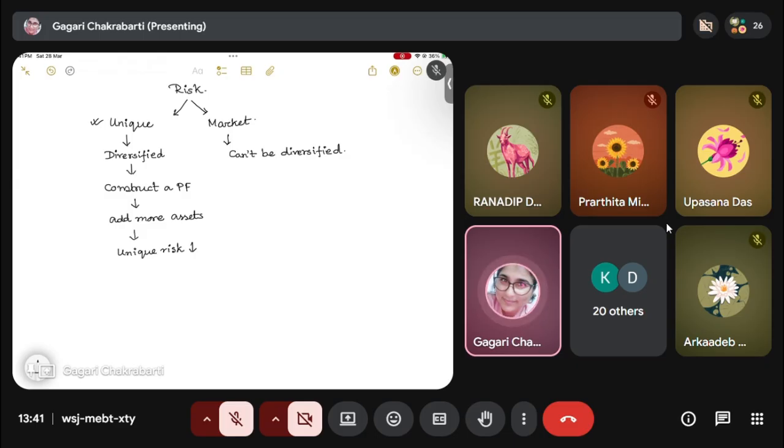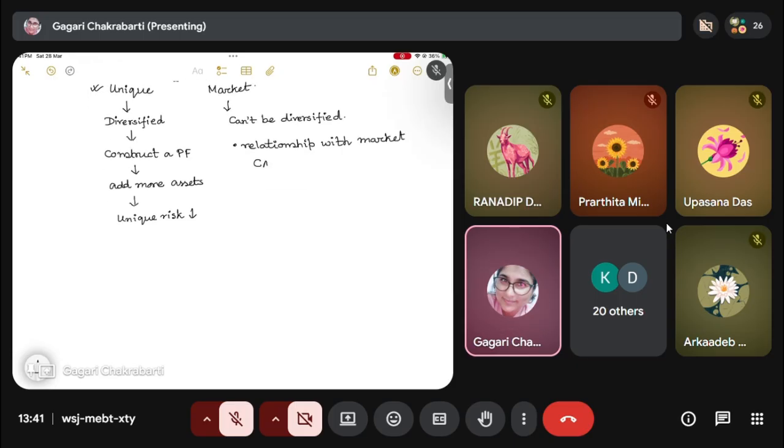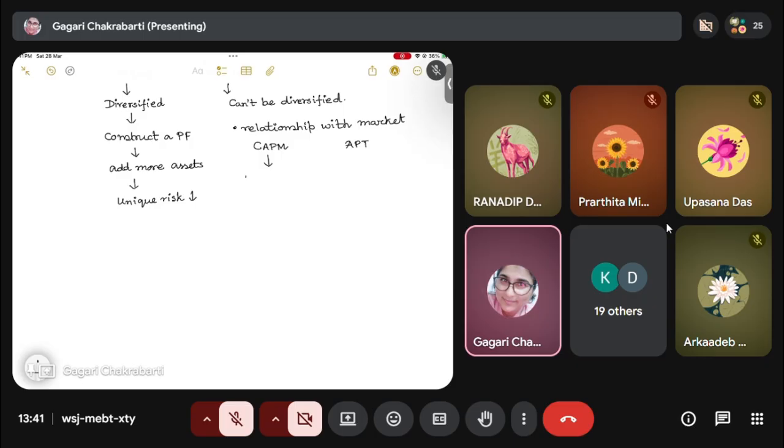দেখো, তুমি মার্কেট রিস্কটাকে মেজার করতে পারো কিভাবে? So you can consider the relationship with the market. So for that you have different market models. Already তোমরা corporate finance এ পড়েছো, like it is the capital asset pricing model, or it could be the arbitrage price theory. তো মোস্টলি আমরা যেটা ইউজ করি সেটা হচ্ছে ক্যাপিটাল অ্যাসেট প্রাইসিং মডেল। So what does it state, or